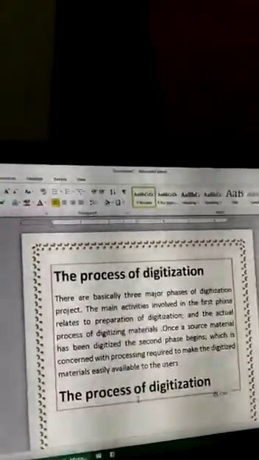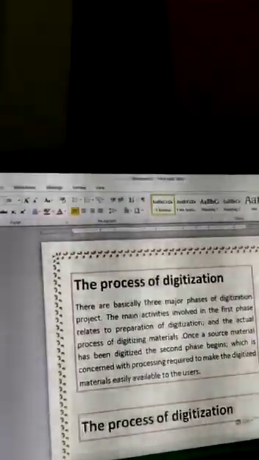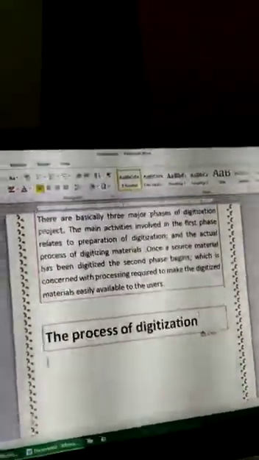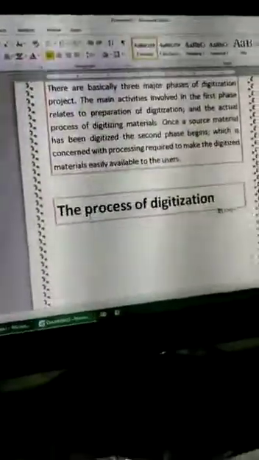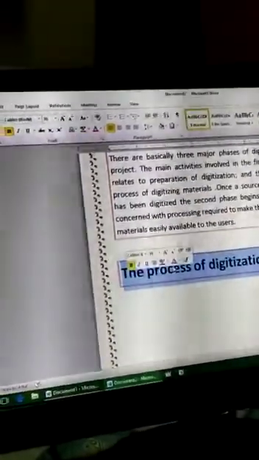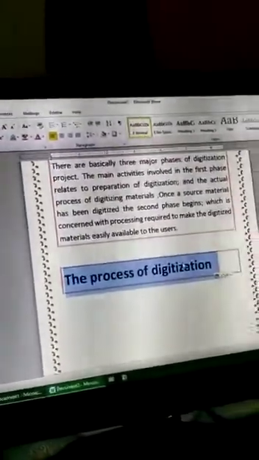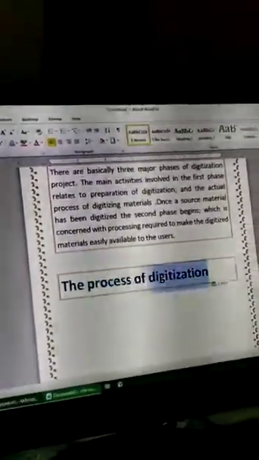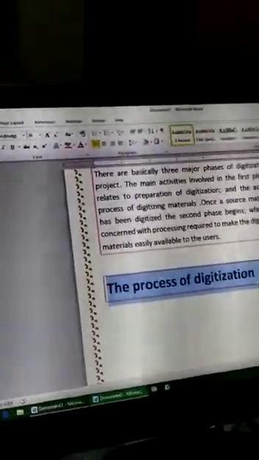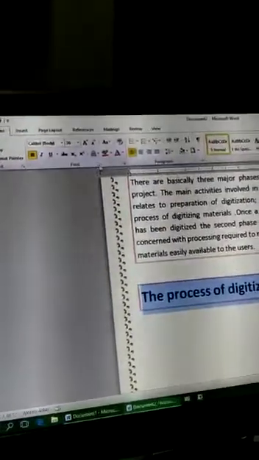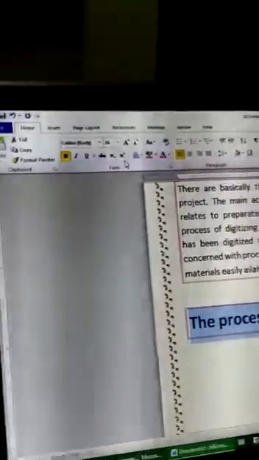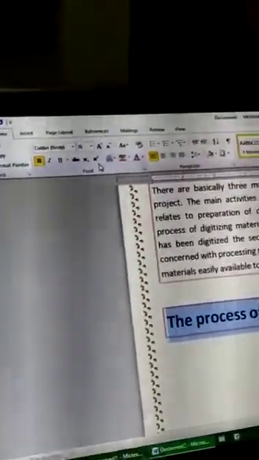Now look at that. I am going to apply text changing, the text case, to the process of digitalization. We have to select this text. I have put this under one border, so all of you are able to see easily. We have to select this text, then click on the Home tab. After clicking on the Home tab, we will find these arrows for changing the case. Changing case is available under the Home tab.